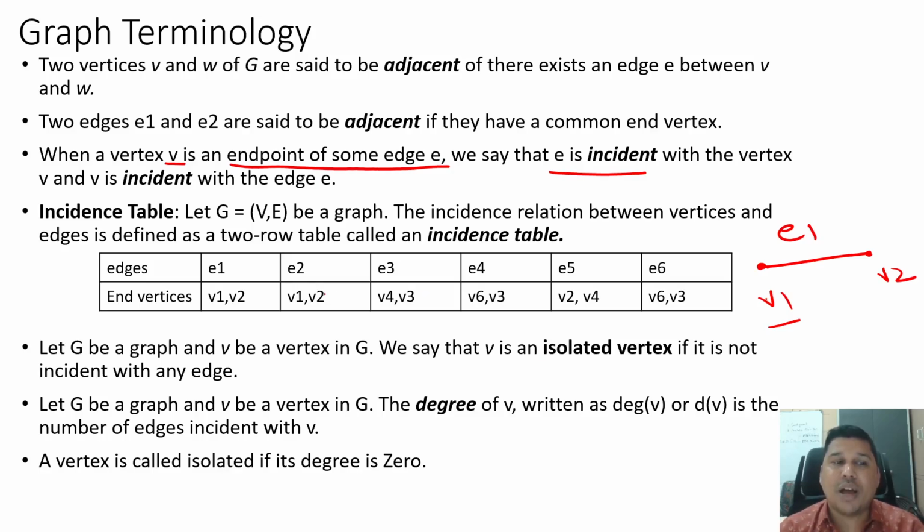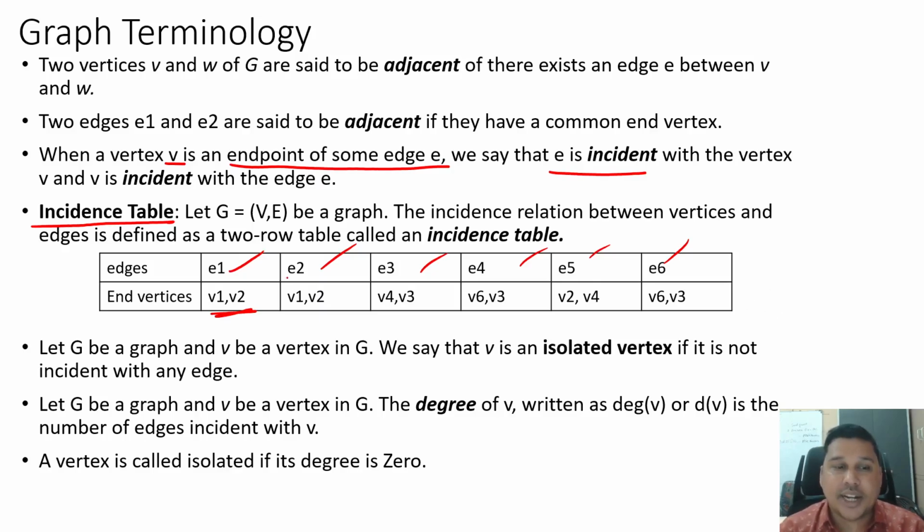With this concept, we have something called an incidence table. What is an incidence table? It lists all the edges in the graph and the vertices which form each particular edge. For E1, it lists V1 and V2. It means if I have a graph,